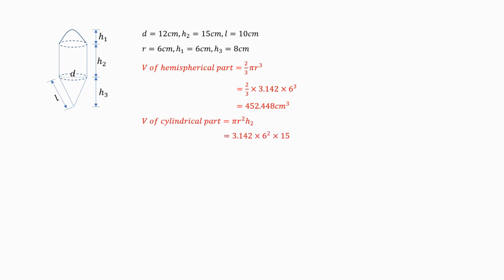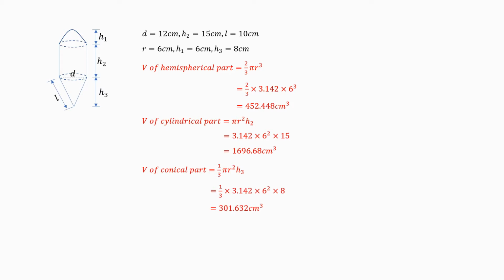We have 3.142 times 6 squared times 15, which is 1696.68 cubic centimeters. Then the volume of the conical part is a third pi r squared h, and in this case h is h3. So we have a third times 3.142 times 6 squared times 8, which is